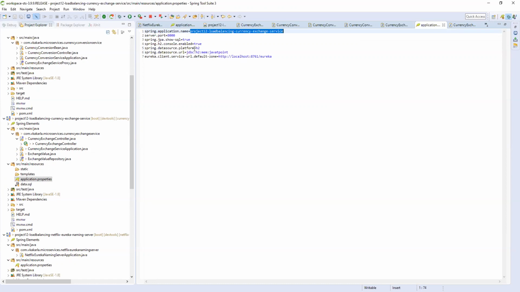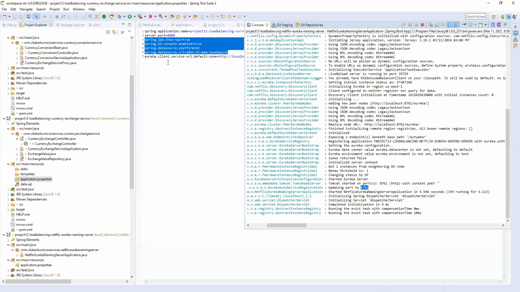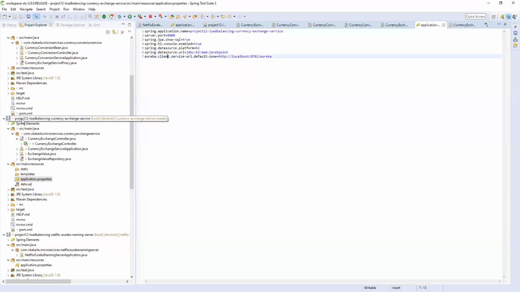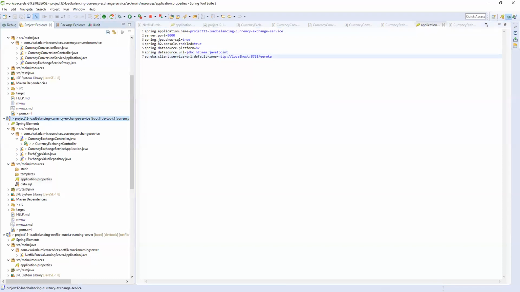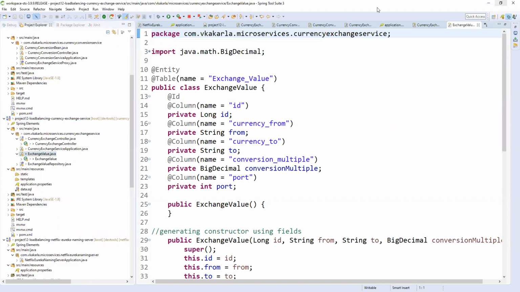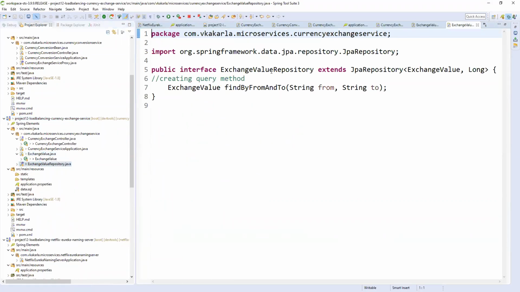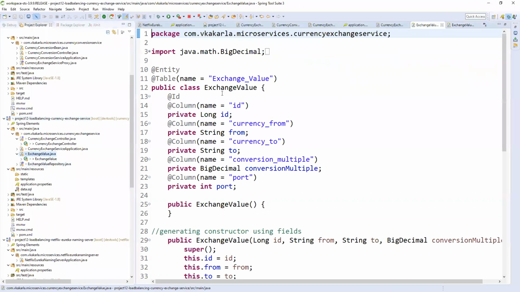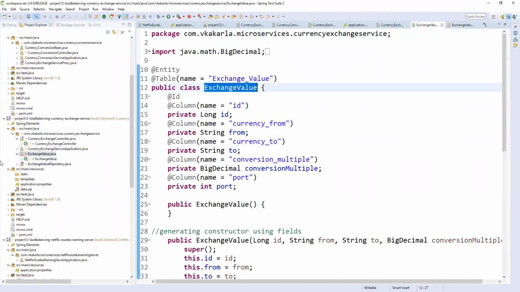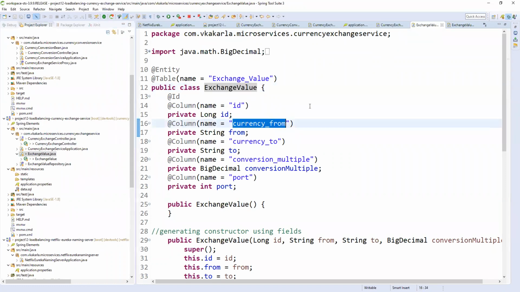Yeah, the platform H2, that is why I'm giving this H2 and all. We need to give a default database, otherwise it will give a database related exception. That is the reason I'm giving these three default database parameters. Fine. So let me run this application. And also we have a repository. Before going to the repository, exchange value is one POJO. So currency exchange, right? Whenever you give a currency, from euro to Indian currency, it is simply information related to currency exchange.